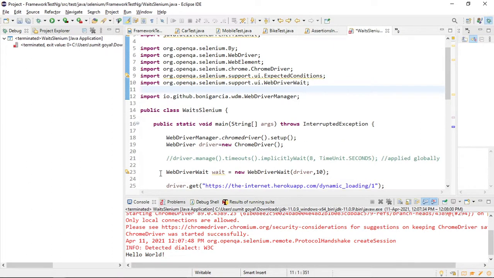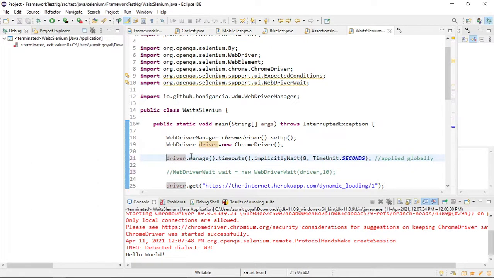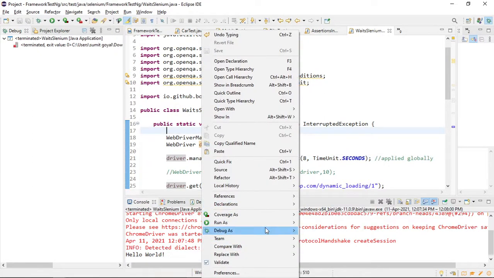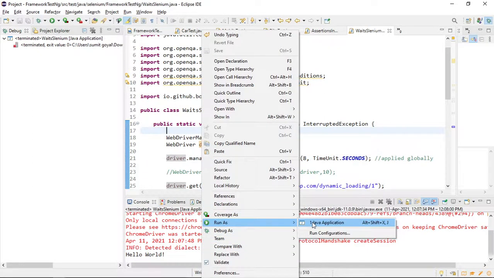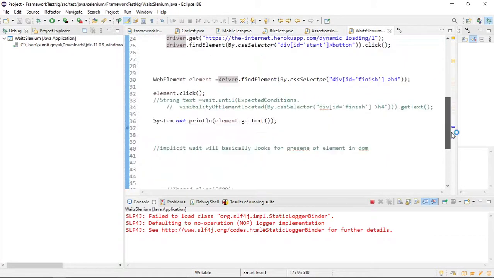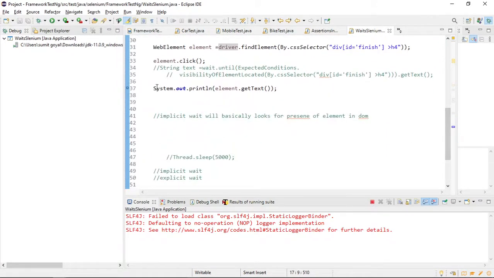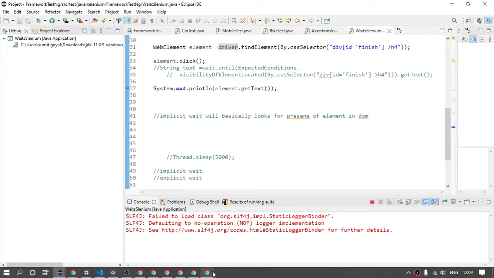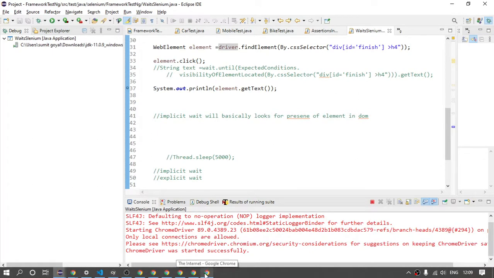So here, let me notice the WebDriverWait class for explicit wait. Now, if I use implicit wait, what will happen? So I'm giving a wait of 8 seconds. I'm saying wait for at least 8 seconds, then only execute the next statement. So the reason why it is not working,